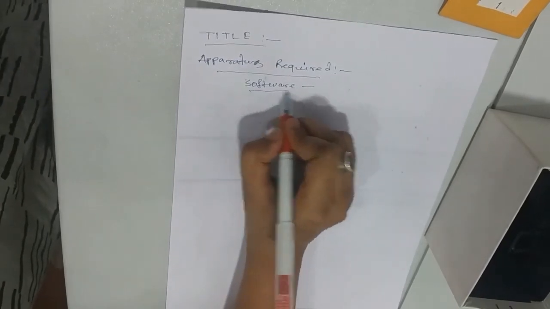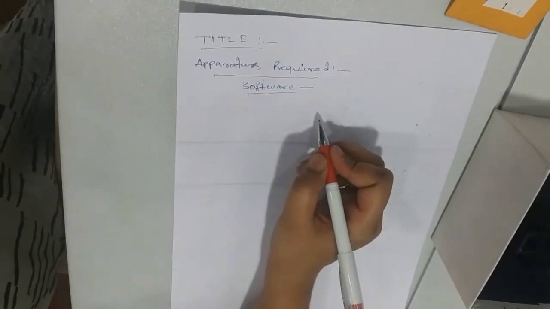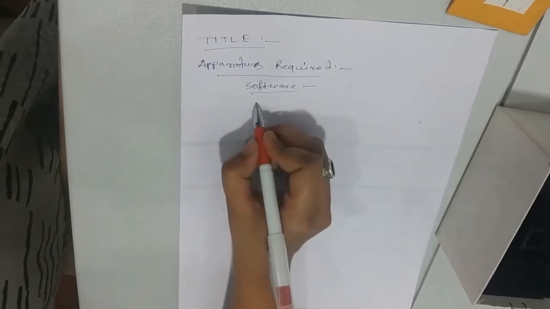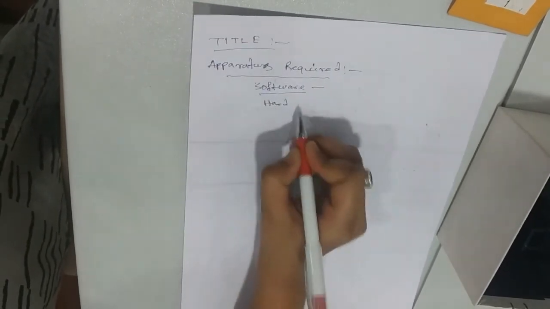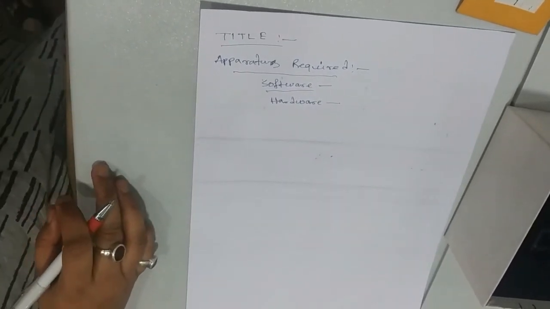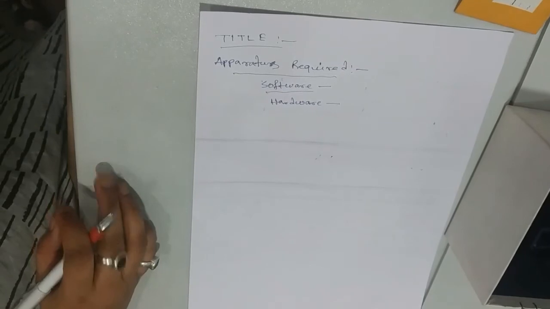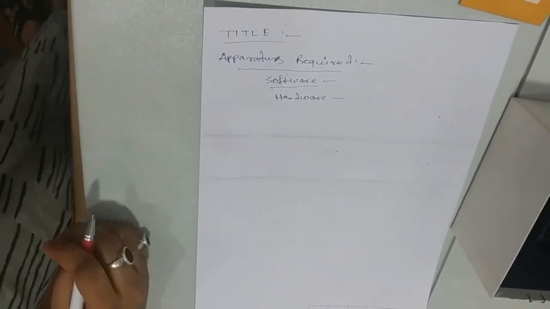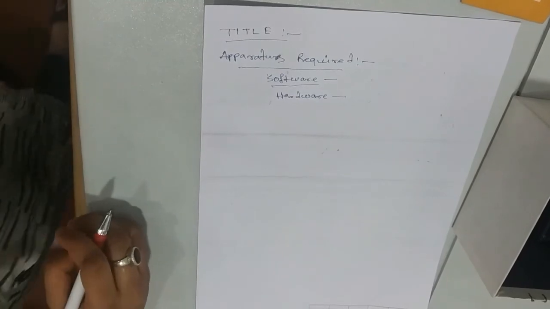Here two software are used. First one is PerkinElmer and second one is DPB, data processor and viewer. And in the hardware part you will have to write the hardware required. First one is spectrophotometer, and then we use the solid sample holder and we use pure silica as a sample.